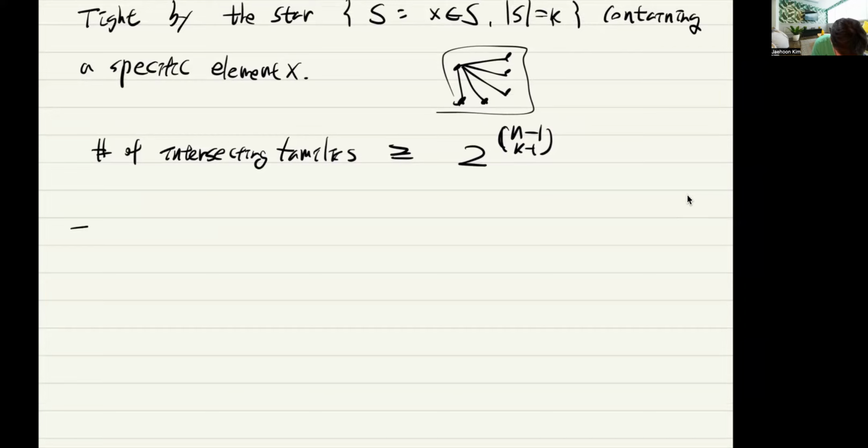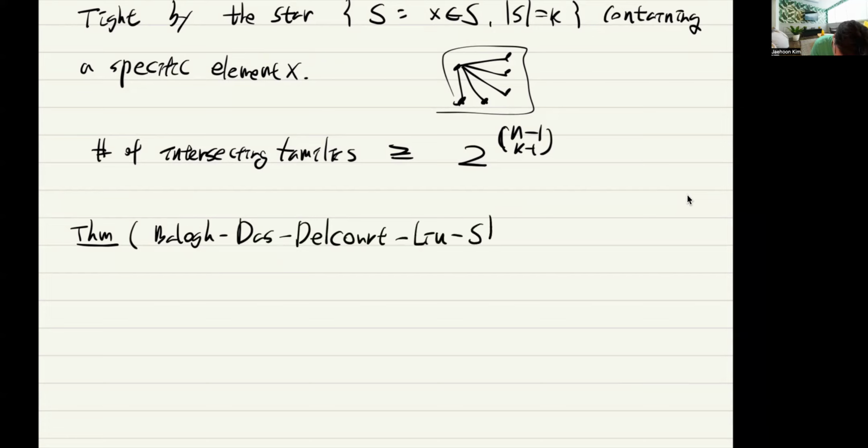The following theorem gives us an upper bound. This is proved by a